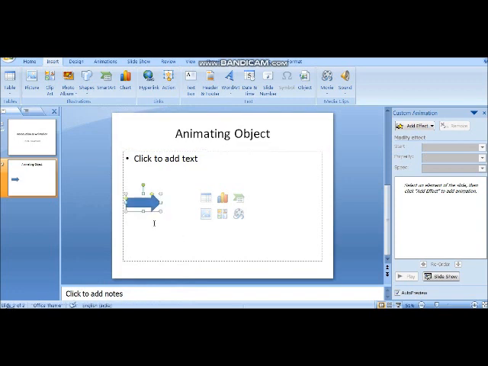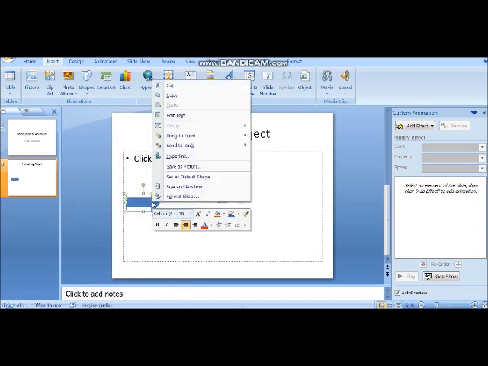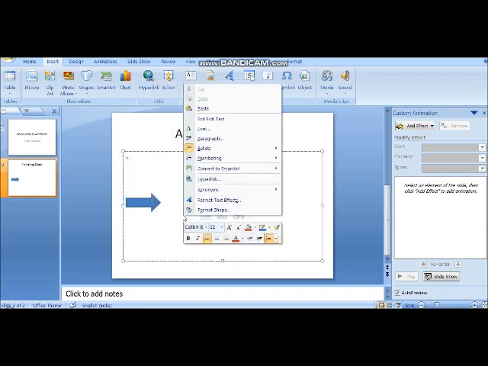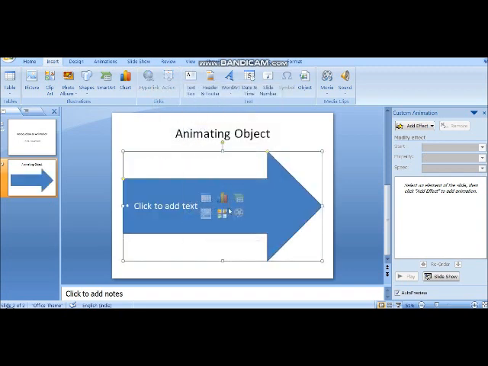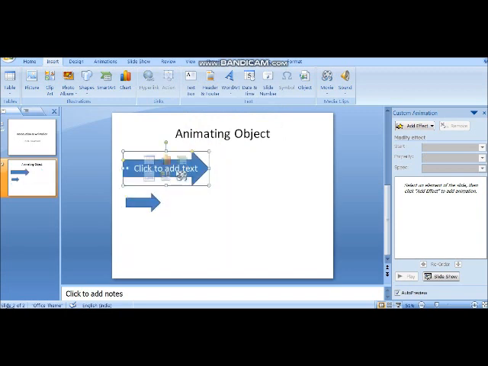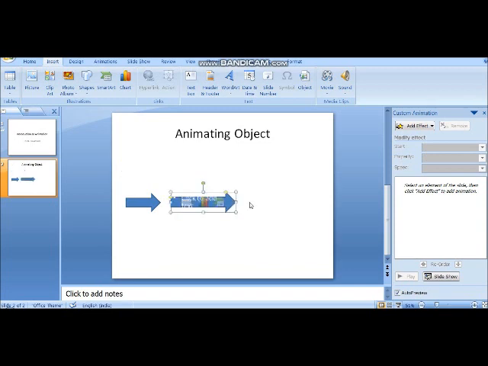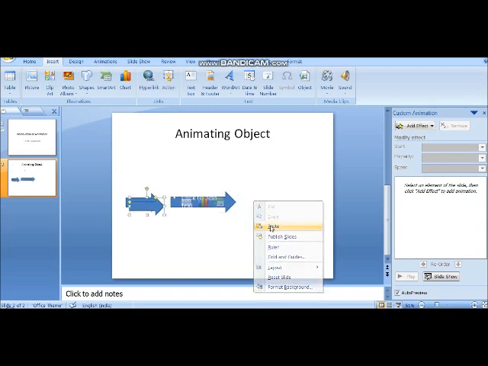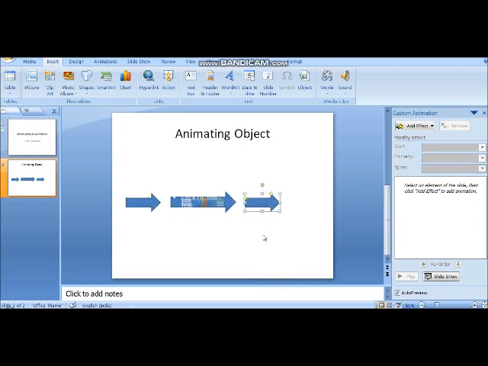I have inserted one shape, then copy. This is my second shape, and this is my third shape, and I want these shapes to be animated.